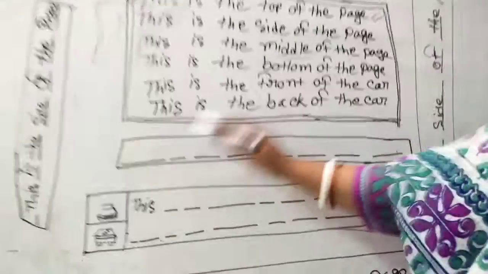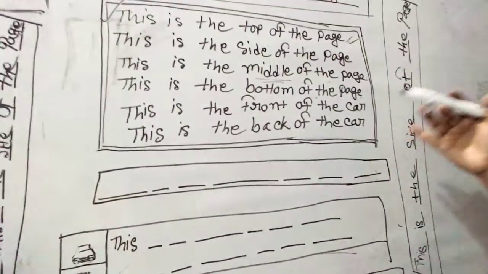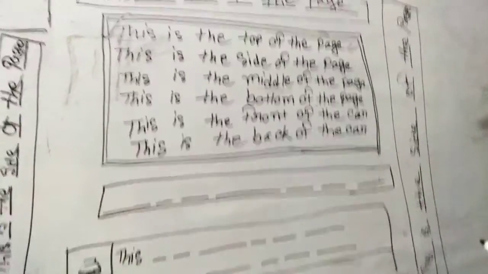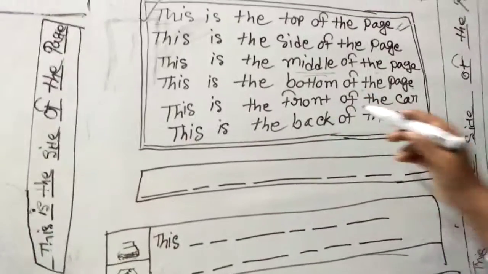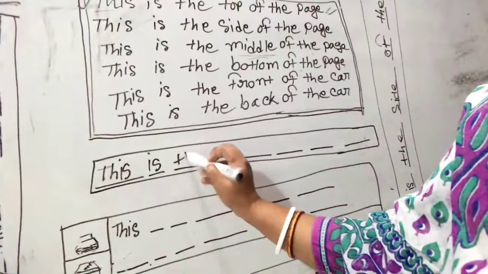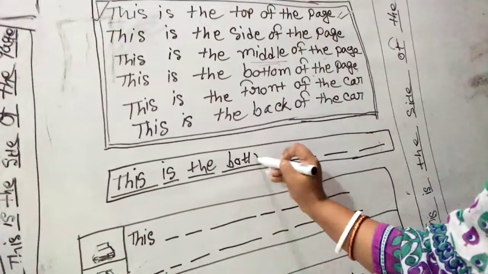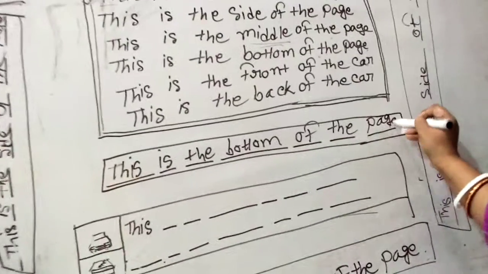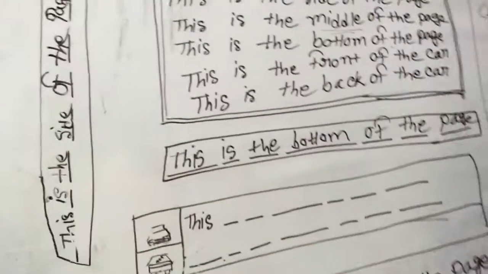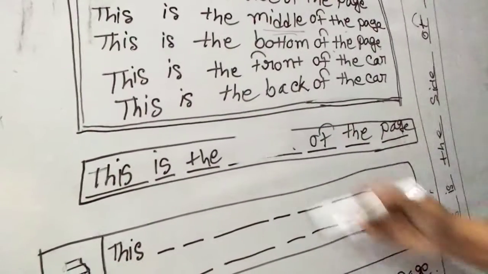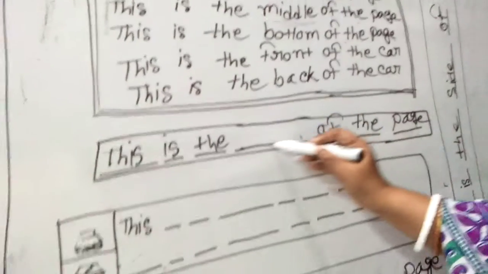Can you see it in your book? Okay, now coming to the next one, isn't it just the under of the page? So if it is under the page, that means it is the very last part of the page, that means bottom. Okay, so I can put this is the bottom of the page. Why, sorry, it's not bottom because the page is not yet finished. We have to fill so many boxes, so it is not the last one.